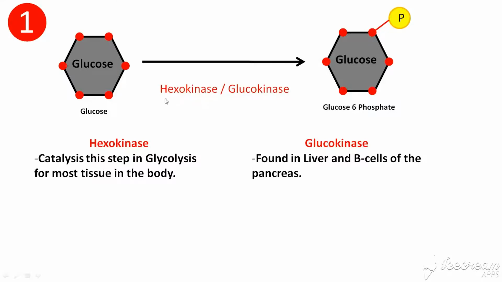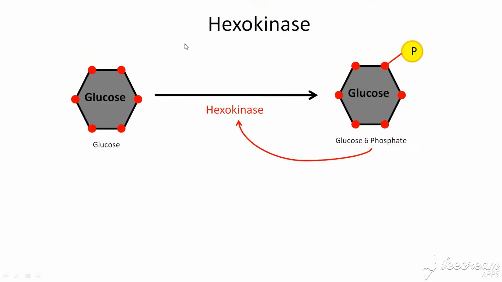Okay, so now we're going to discuss the hexokinase and glucokinase in more detail. And we're going to start with hexokinase. So hexokinase, like we said before, is going to catalyze the reaction that converts glucose to glucose 6-phosphate. Hexokinase is going to be negatively inhibited by rising levels of glucose 6-phosphate. So the higher the glucose 6-phosphate, the more inhibition that we have on hexokinase. This is important because it's going to prevent cells from taking up too much glucose and depriving other tissues of